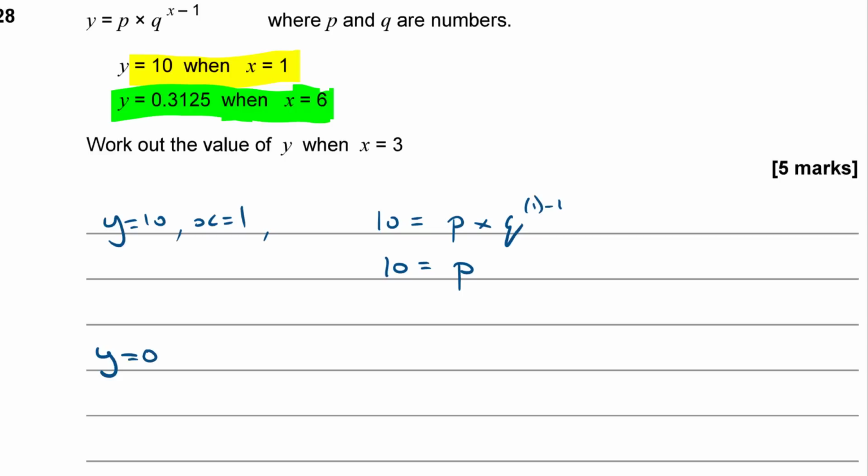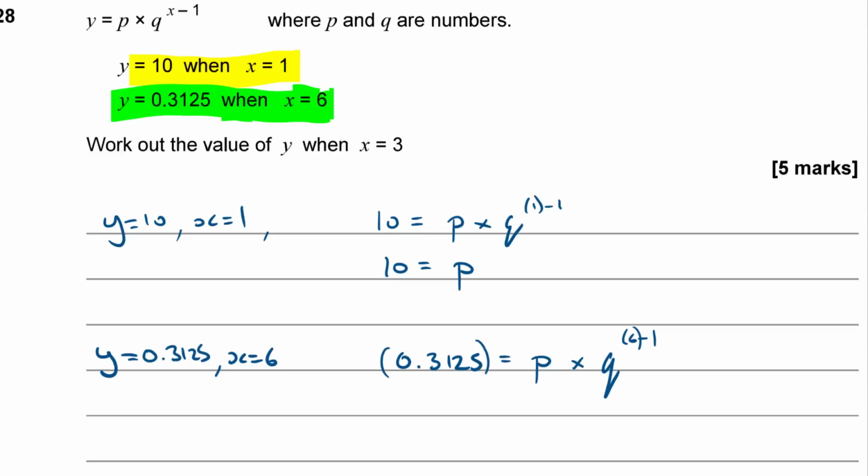Okay, now we've got our second pair of values that go together. We know that y equals 0.3125 when x is 6. So subbing those in as well, 0.3125 is equal to p times q to the power of 6 minus 1. So I subbed that in and I subbed that in, didn't I? Okay, so